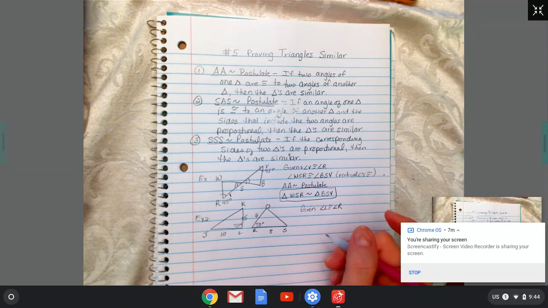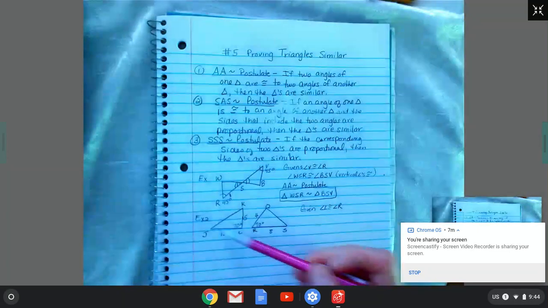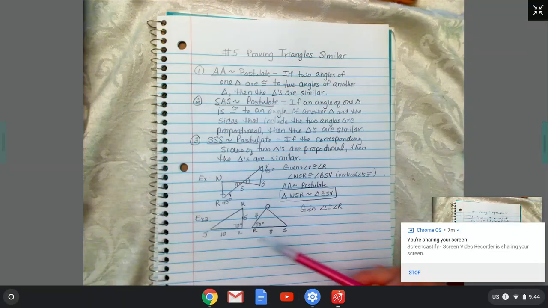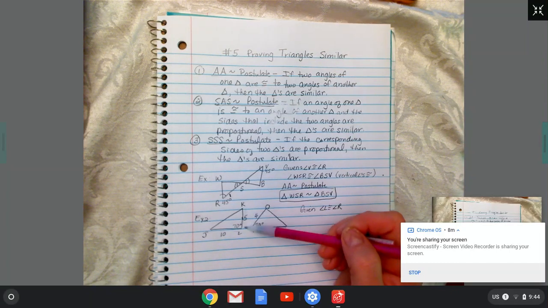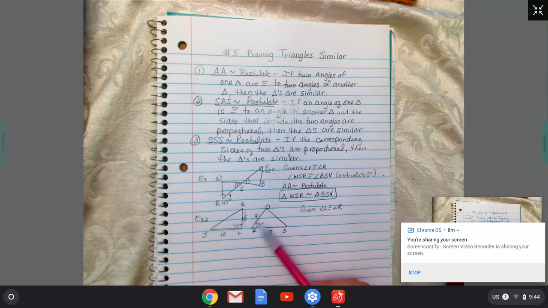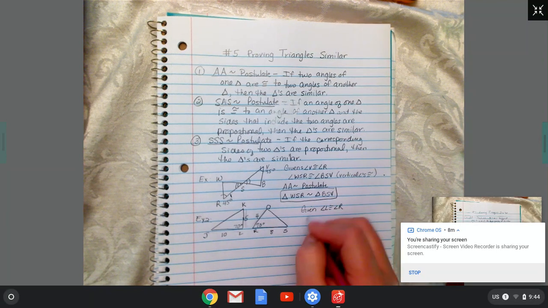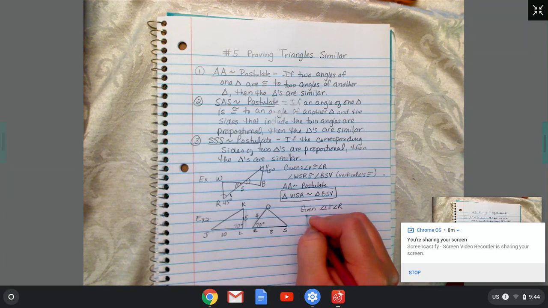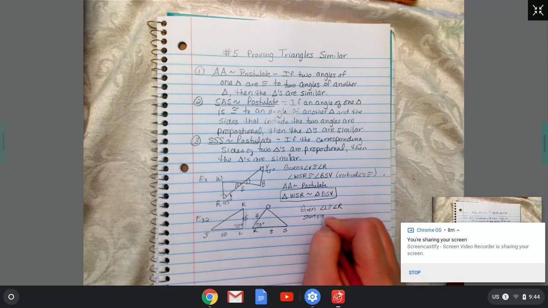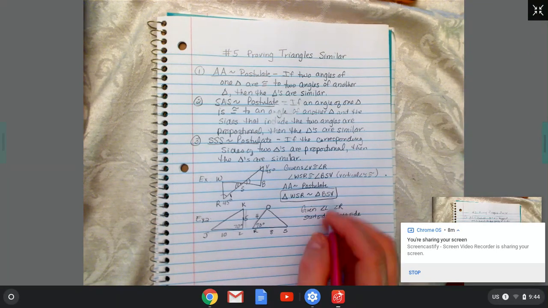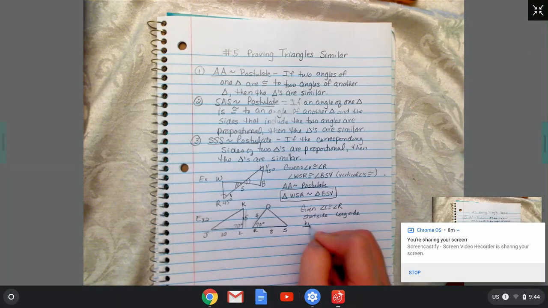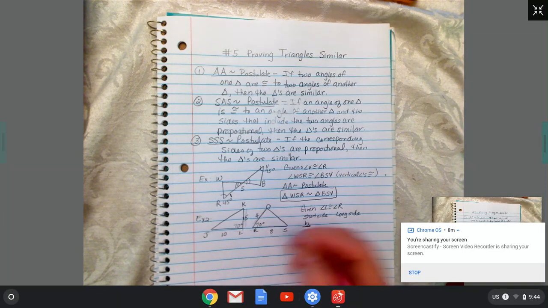Okay, so we have to compare the sides. We're going to compare what goes together. We have JL, which looks like it corresponds with SR. Those are the bigger numbers. These are the smaller numbers, KL and QR. So we're going to see if those are proportional. We're going to do the short side and the long side. So the short side would be KL with QR,